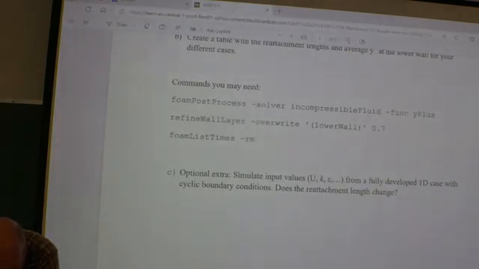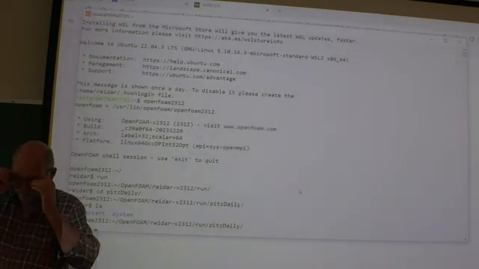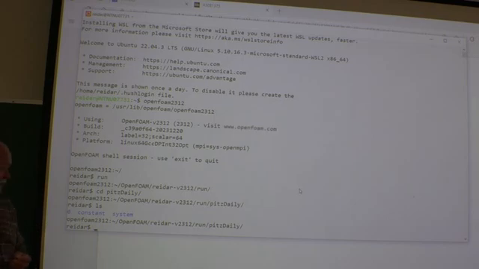I will continue where I left off the last time. I have downloaded the pitchDaily case. I think for some of you maybe it's called pitchDailySteady. But you should be able to find it.